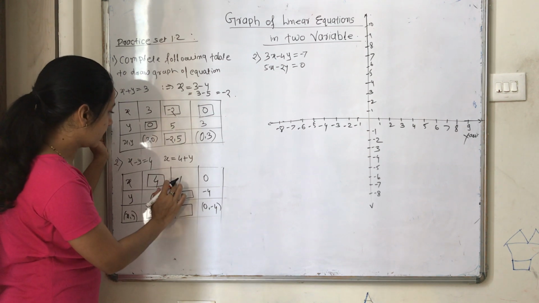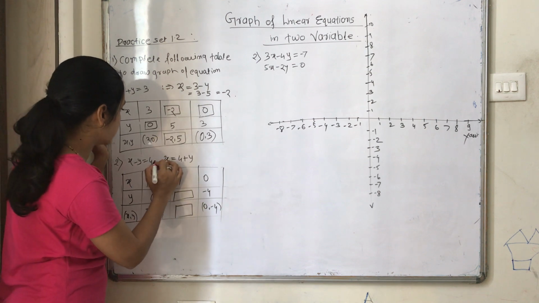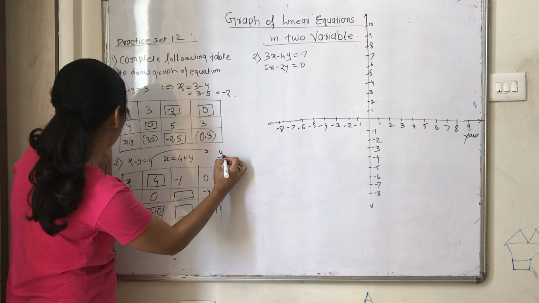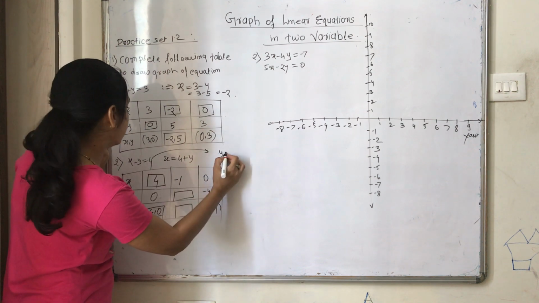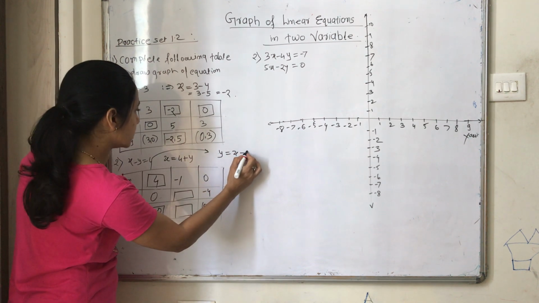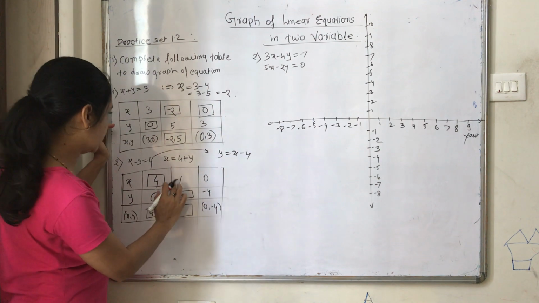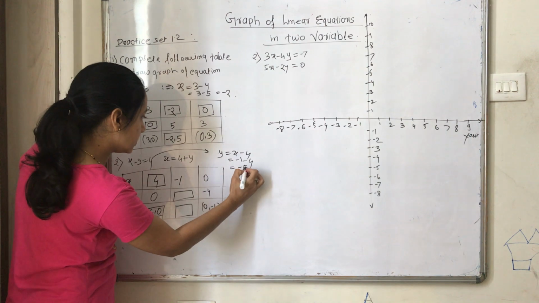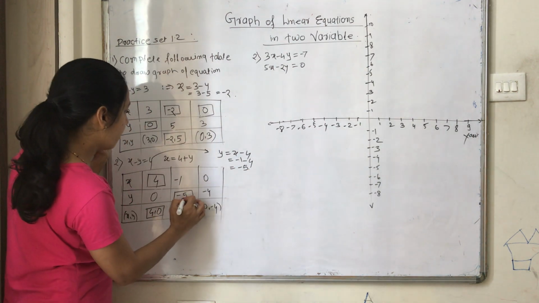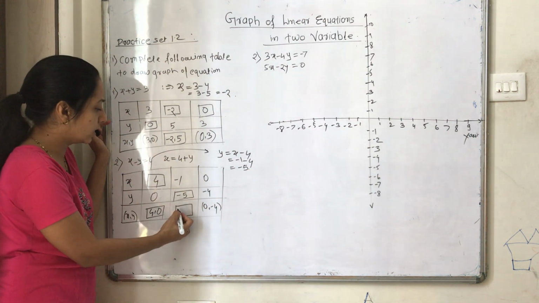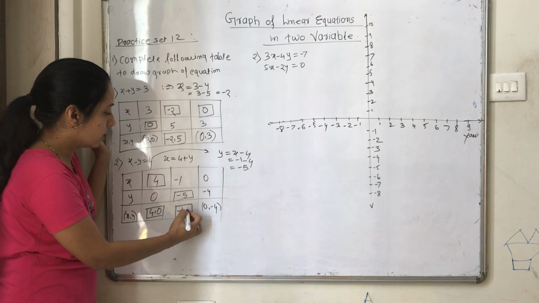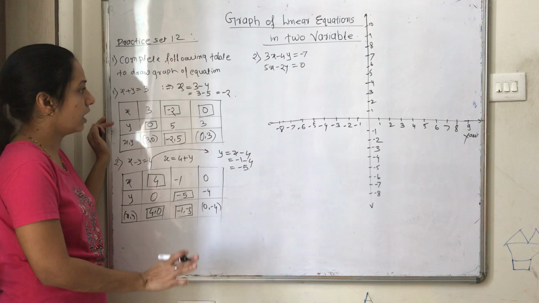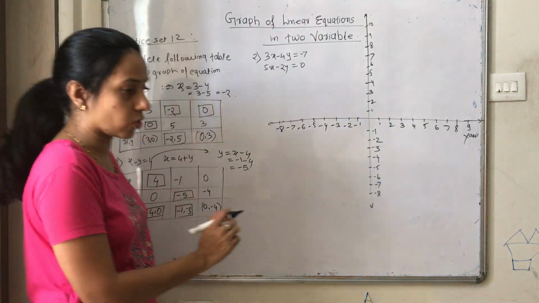Right? X is given as minus 1. See, from this equation, what will be the y? Y will be equal to x minus 4. If I put x is equal to minus 1, y will be equal to what? It is minus 5. So I will write here minus 5. And what will be the ordered pair? It is minus 1 comma minus 5. Okay, and here everything is given. So we will next move to the next topic.